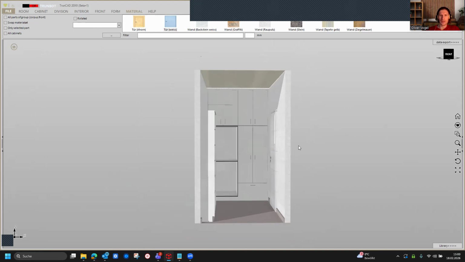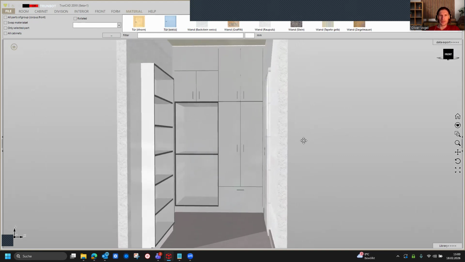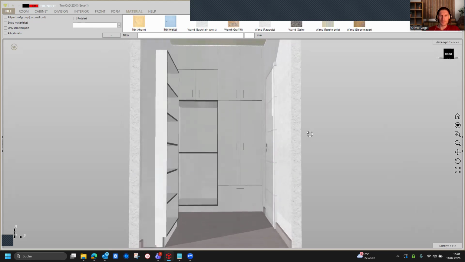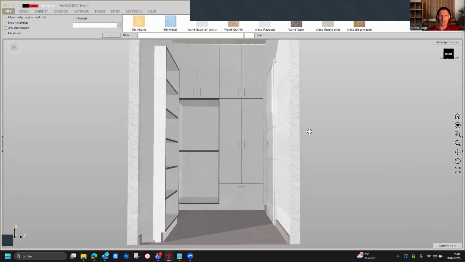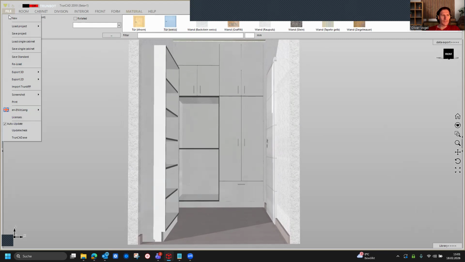Yeah, it matters if you have it like this or like this. So let's keep it like this. And then we click here on File, go to the screenshot, and here we click on KI rendering